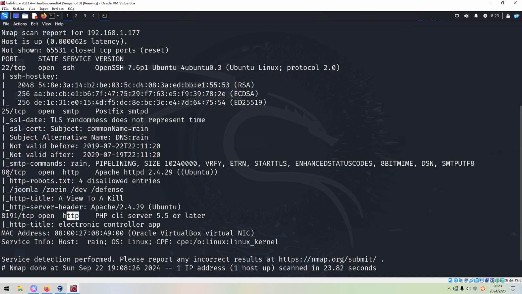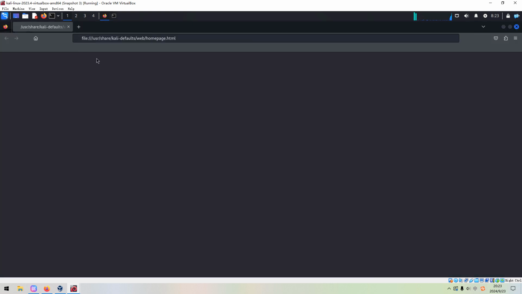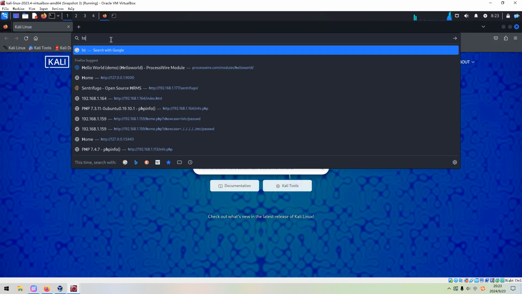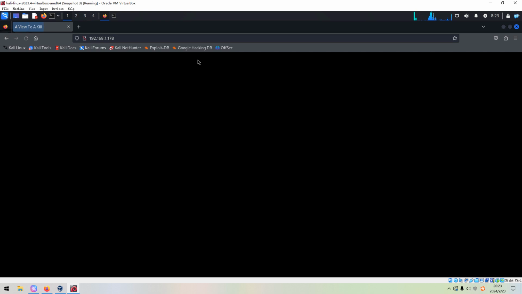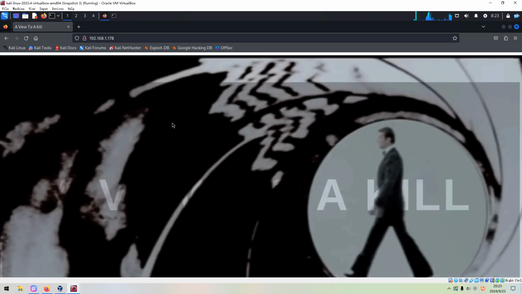Let's begin with this port number, the default port, okay? And let's fire up the browser to do the manual enumeration first. The manual enumeration in this video, or with this machine, would be very essential, okay? And press enter. We got this site back. So View 2 AQ, okay?